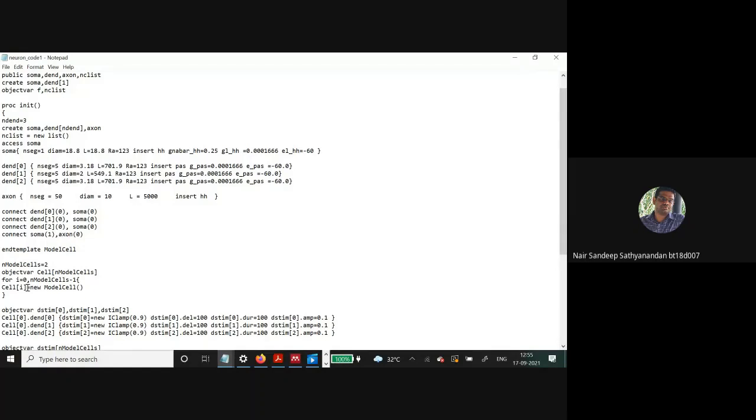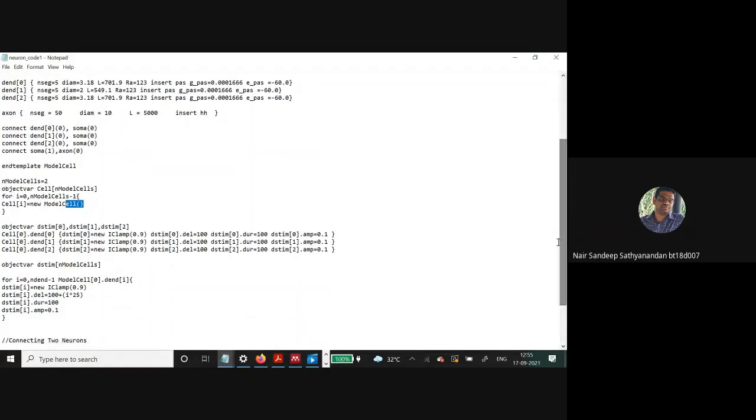Cell is nothing but a neuron. So each neuron you will be assigning that particular property. If you want a different configuration for a neuron, you have to create a different template. Here both the neurons have the same properties and the same configuration, so that is why we are using the same model cell.